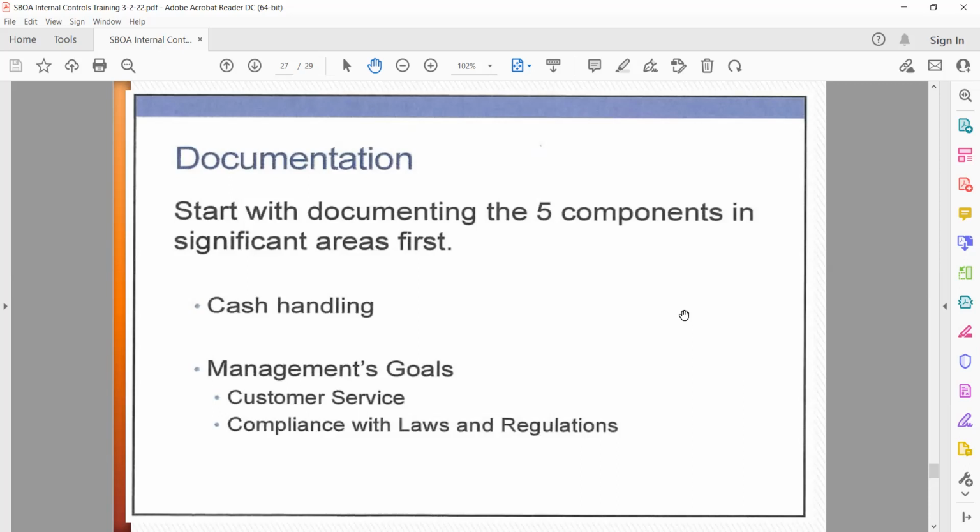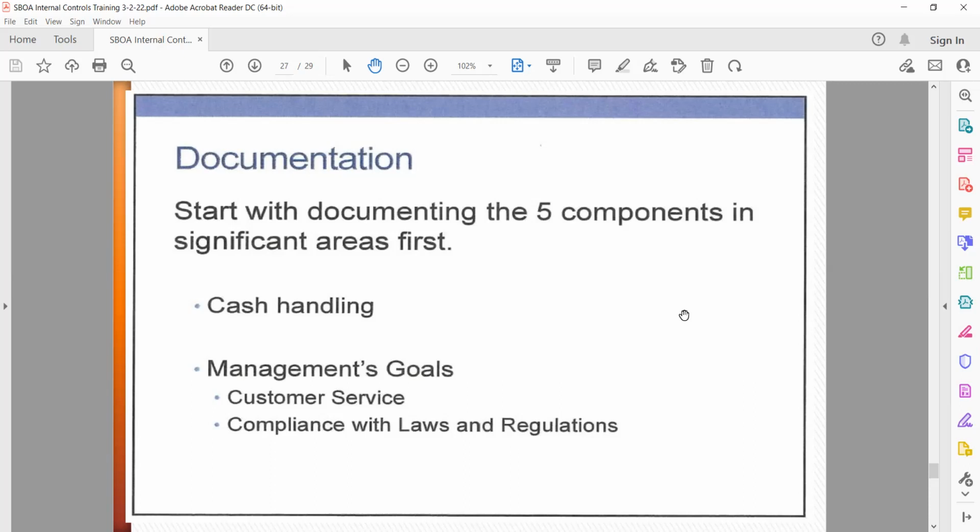Once you are satisfied with the internal control system you have created, you will need to make sure there is documentation for the controls that are supposed to be in place. Start with documenting the 5 components in significant areas first. For regulatory reporting, which is basically cash basis reporting, the significant areas are somewhat basic and include cash handling and management goals. Cash handling includes receipting, dispersing, and reconciling of cash balances,